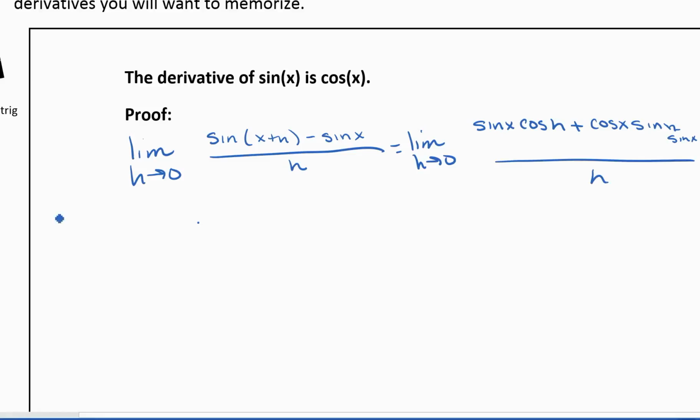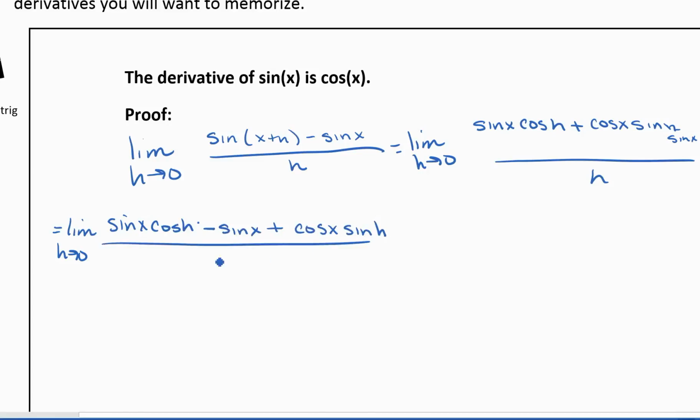Okay, now we're going to rearrange this to help us out. We're going to put the sine of x stuff next to each other. So we have sine of x cosine of h, and then we have that minus sine of x at the very end, and then we have plus cosine of x sine of h all over h,